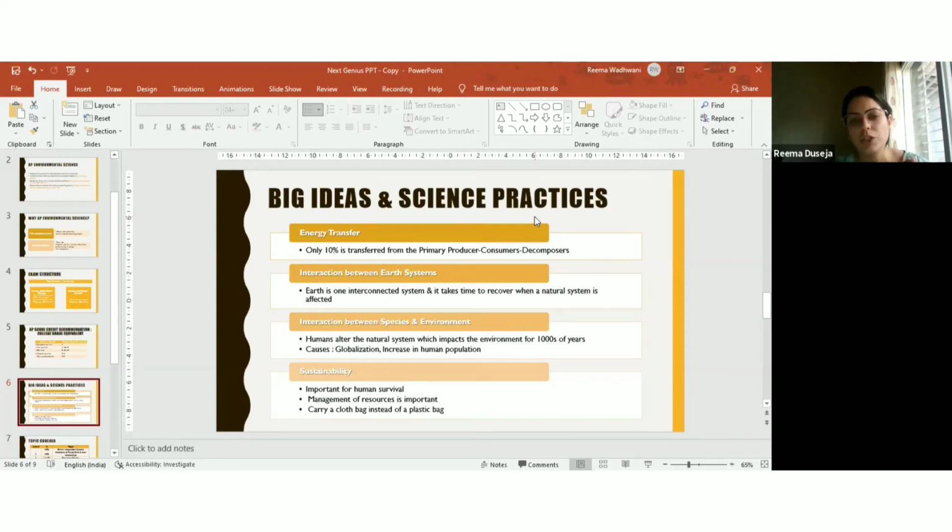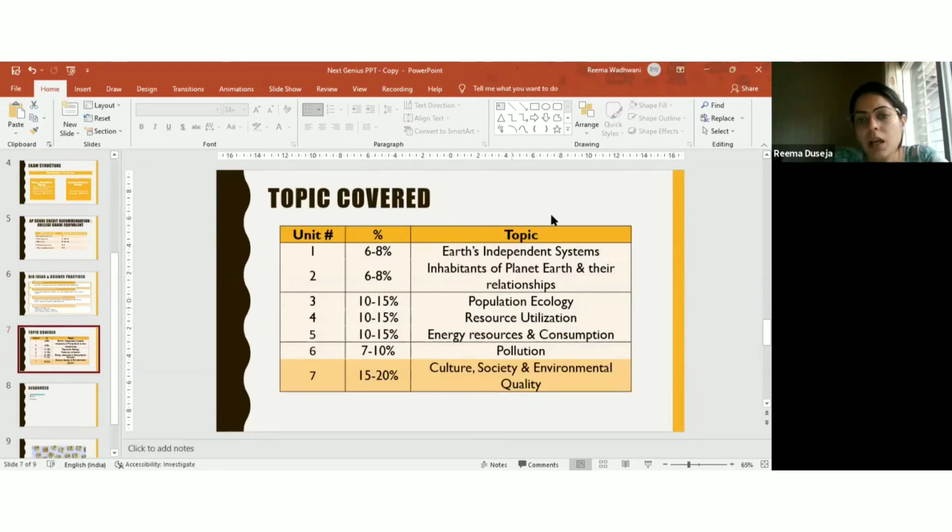Now, increasing human population, what would be the impact? It's because you need so many houses. You're going to keep cutting the land, and the cities are then moving on to even the outskirts of the cities, and the trees are reducing in population because we need more houses. We need more housing facilities. So this is one impact of increasing human population as well. So this way, we will be discussing all these topics.